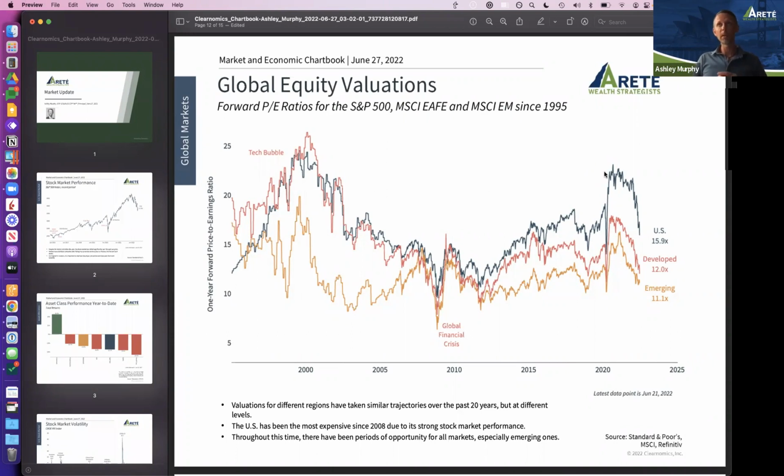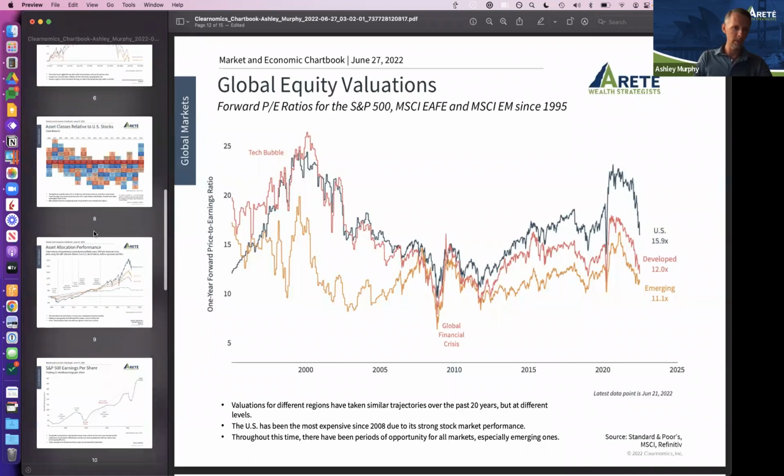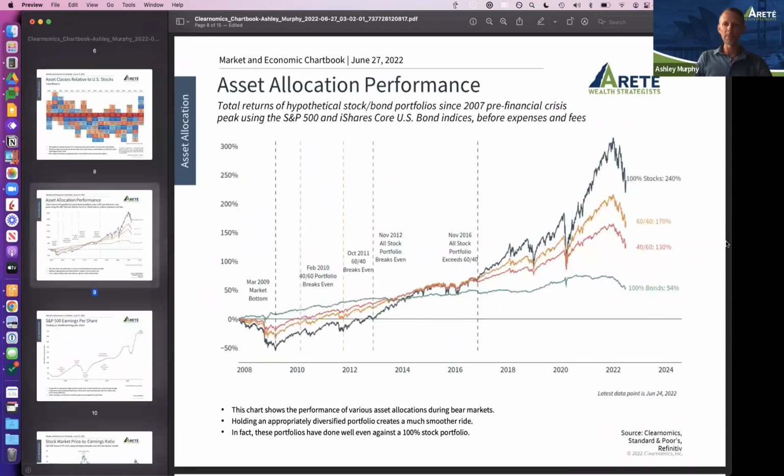The rest of it, if you were to say, Ashley, that's very cute. No, give me names, give me tickers. I would revert back to actually a slide here that makes the point. I haven't shown this one earlier either. And this is a broad-based slide. I'm going to start beating this drum a little bit more loudly in Q3. This is a slide you're seeing called asset allocation performance. Asset allocation performance. What does this mean?